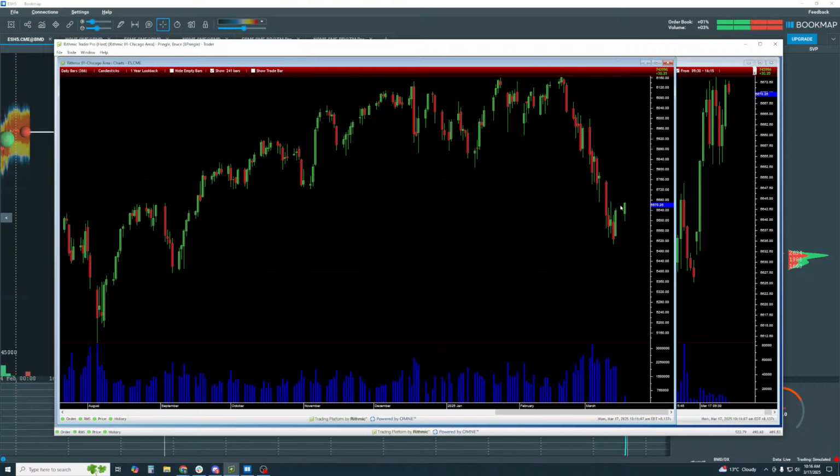Okay, and I was looking for a bit of a pullback around there. There's also the swing right in here, as you guys can see. Let me bring up the pen tool. It's this little swing here, and then this swing here. So that's why I was looking at this and thinking, well, I want to trade it up to about that level, and I will take some profits, and I'll take a look from there.